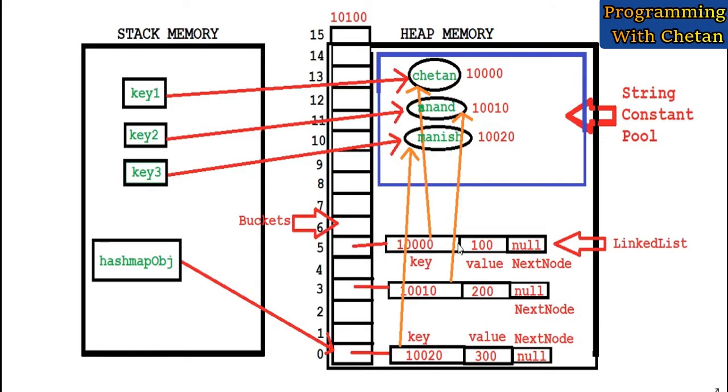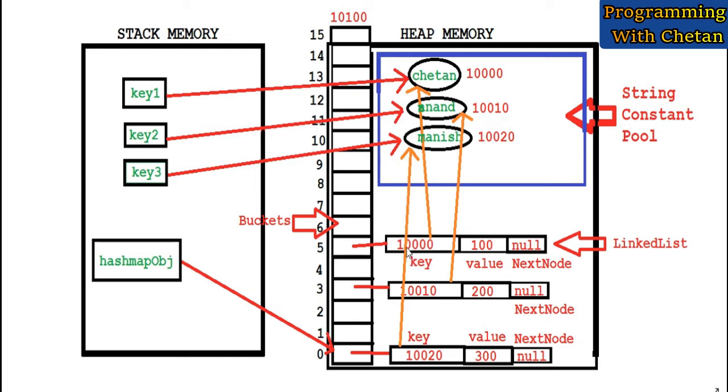First it will check whether our linked list has a key with the same value or not. And if our linked list is empty, then it will add one node inside our linked list. The node of the linked list has 3 parameters here. First is the key, second is the value, and third is the next node, which will hold the address of the next element, and currently its value is null.